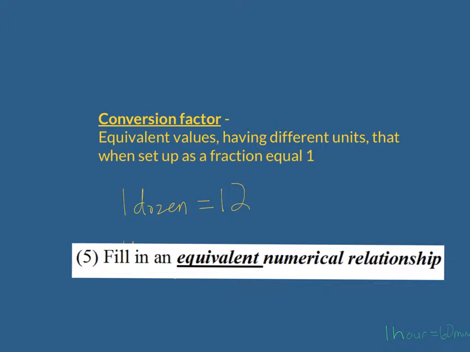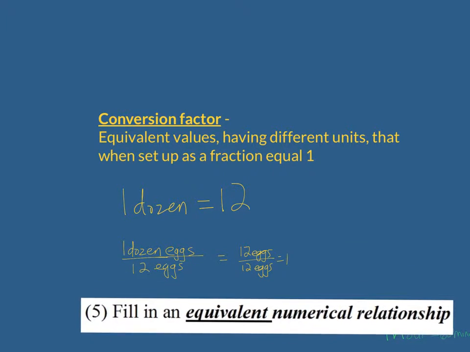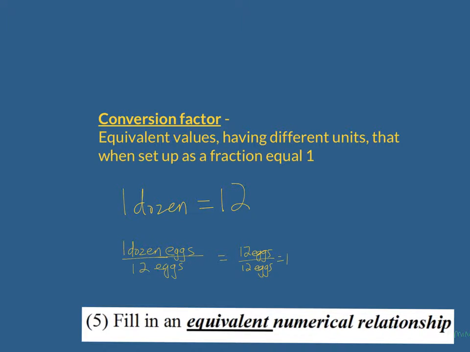Okay, so because they are numerically equivalent, I could put these two values in a fraction with a numerator and a denominator. Because they are equivalent values, it's the same thing as if I wrote 12 eggs over 12 eggs. It would be as if I'm writing the same thing over itself, and anything divided by itself equals 1. So conversion factors can look like this. When set up as a fraction, they can look like this,